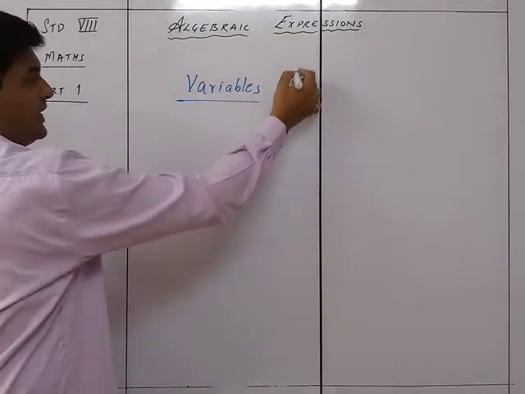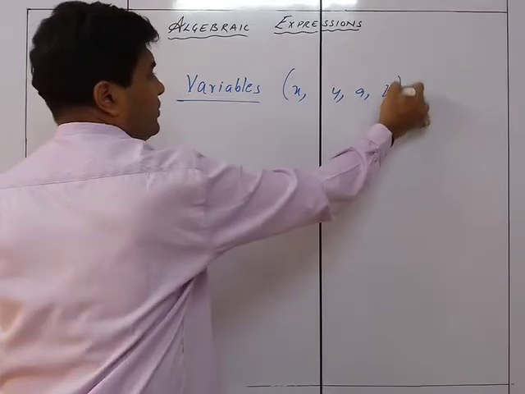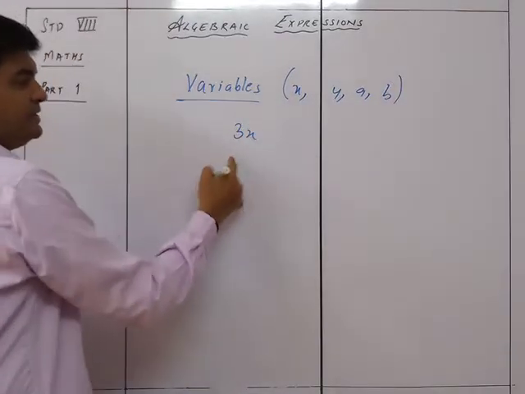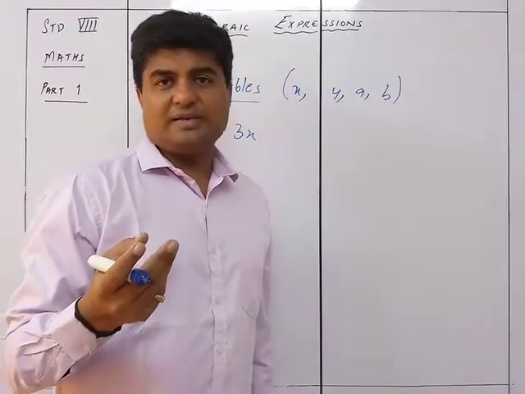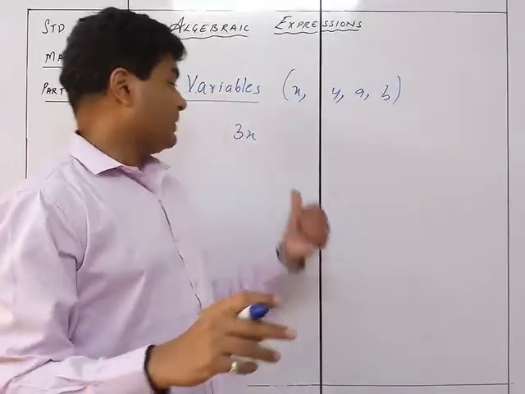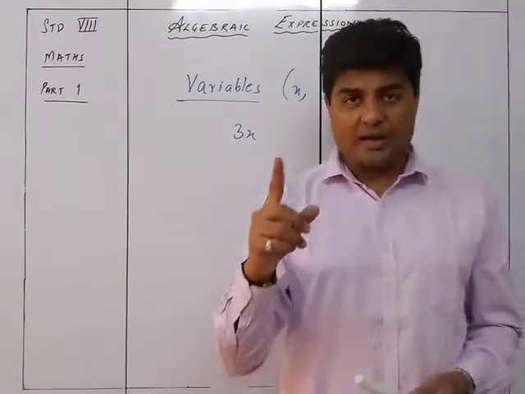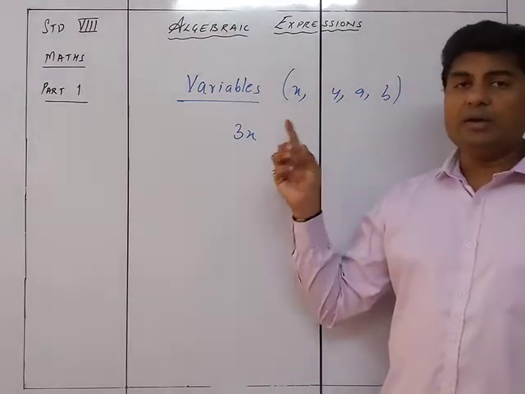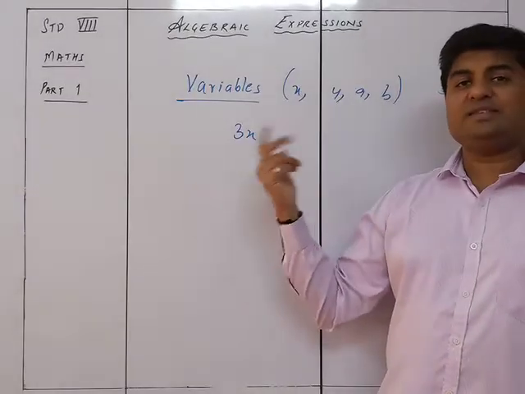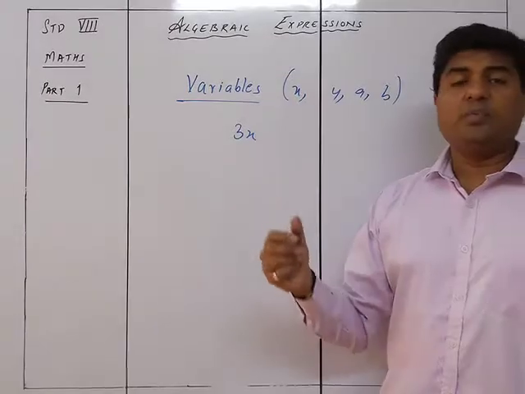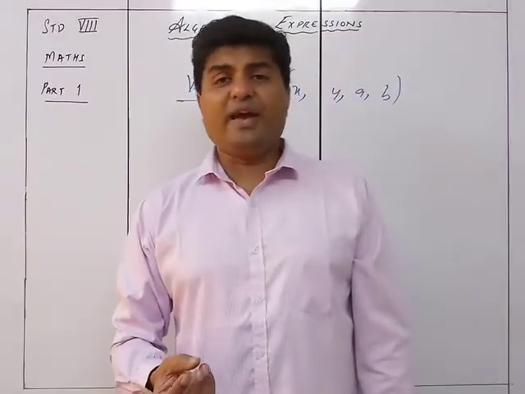Why they are variable? Because, for example, X and Y, A, B, if I'm using, so when I'm saying 3x, that means 3 is a number which is a constant. Of course, the value of 3 doesn't change, 3 will always remain 3, but the value of x will be different. So if the value of x is 1, then it will be 3 into 1, 3. If the value is 2, then 3 into 2 is 6. If it is 10, it will be 3 into 10, 30. So x over here is a variable.